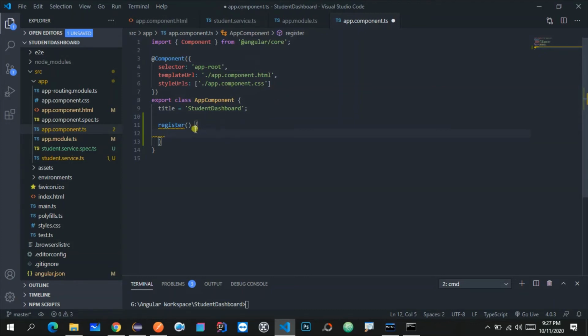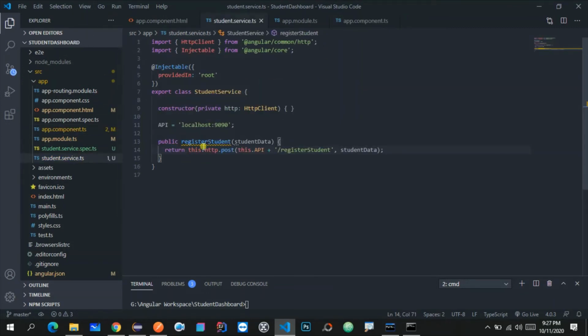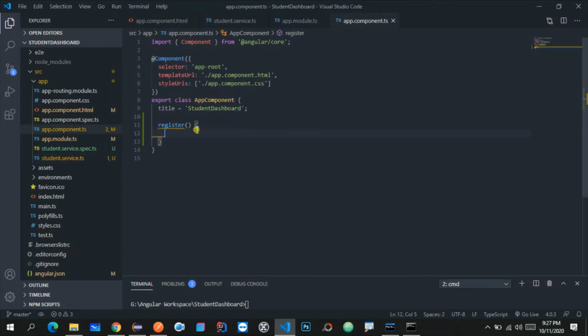Now over here what we are going to do, we are going to call this particular service which we have already created. That means register student. So for this, to call this service register student, we need to inject this service. So how can we inject? We just need to take one constructor, and inside this constructor we can inject this service.